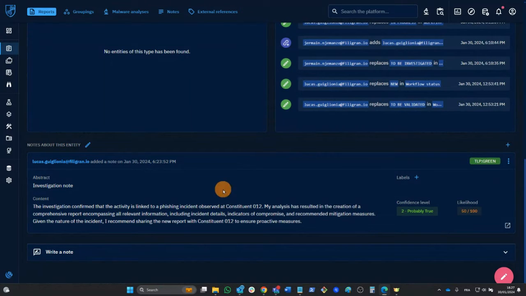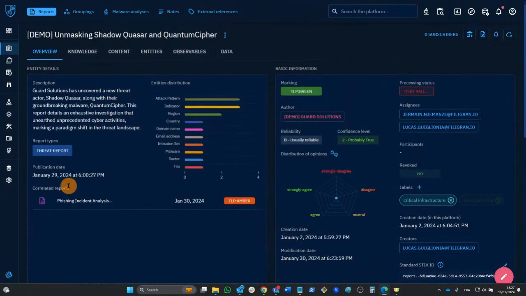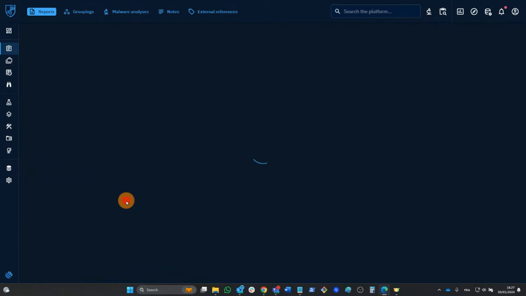Actually, what's really of interest to me from reading this report is that Luca has notified me this is related to an incident observed at constituent 12. And if I scroll up here, this section of the report is very interesting to me: correlated reports. So here I see the new report, which Luca has created based on this old one. And if I click on it,